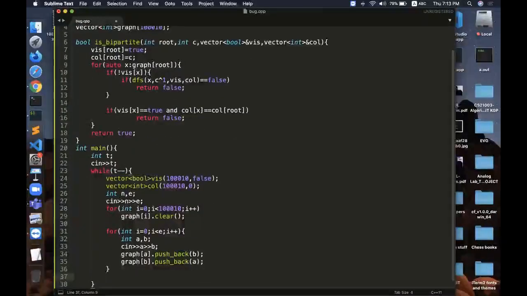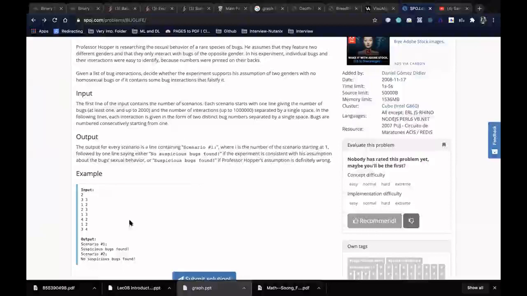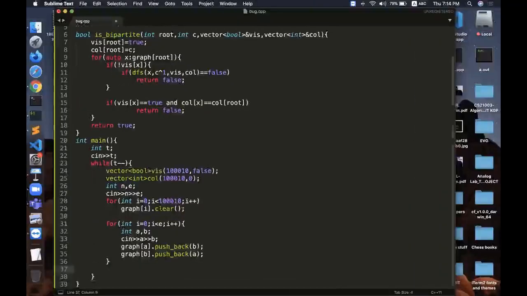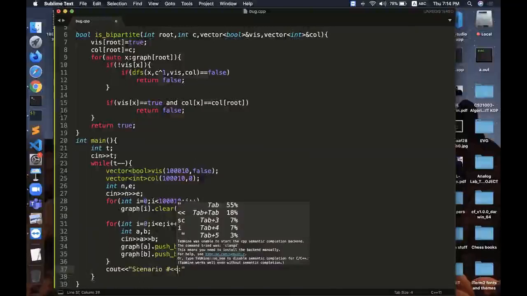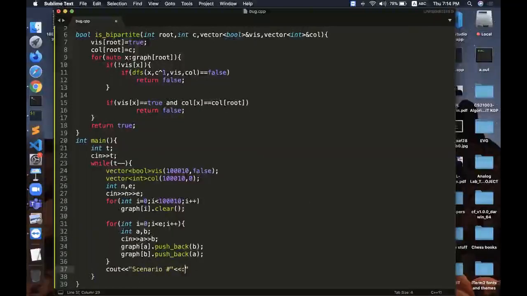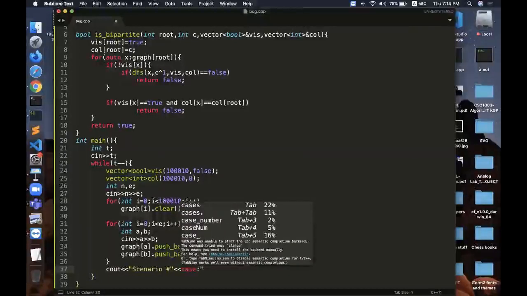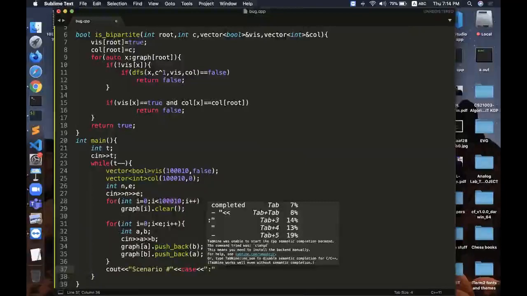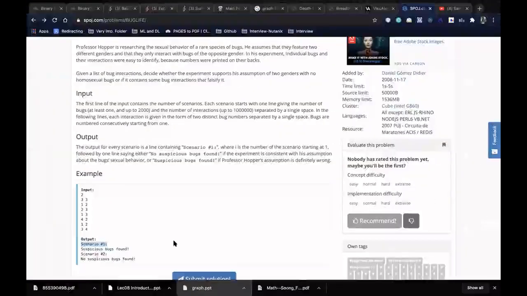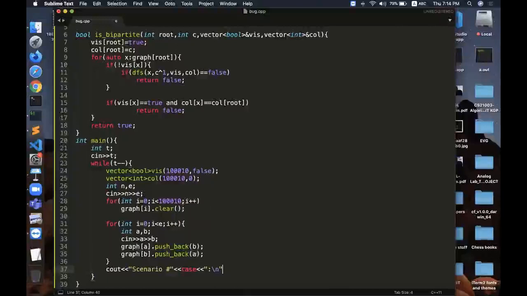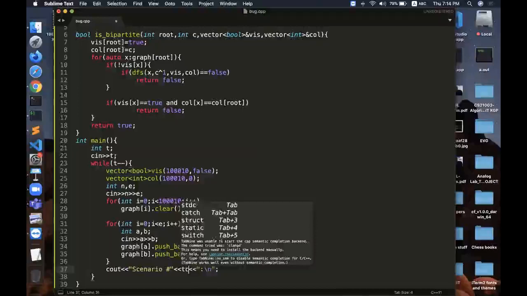Okay. Let us see how we need to print this. So we need to print like this. Okay, we need to print something like this. Let us say this is the case, or you can say test case.